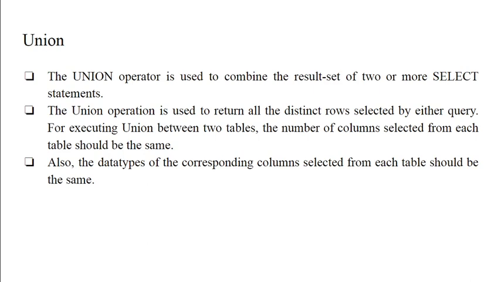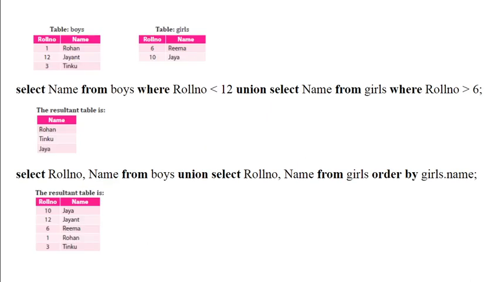That is, it does not mean that both the tables should have an equal number of columns, but it only means that in both the select statements, the number of columns specified should be the same. Also, the columns in the two statements should have the same data type. So let us see the different examples.